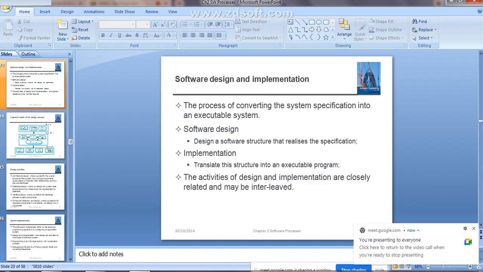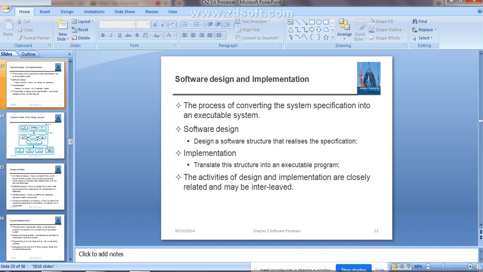Software design and the implementation, right? You can also call it the software development. As already I told, what it is going to consist of, how we are going to implement your software, which programming languages you are going to use, what type of data structures you are going to use, right? Everything you are going to define here in the software design and the implementation.